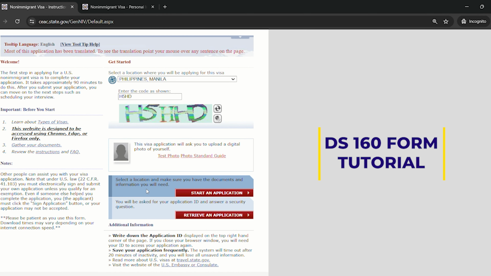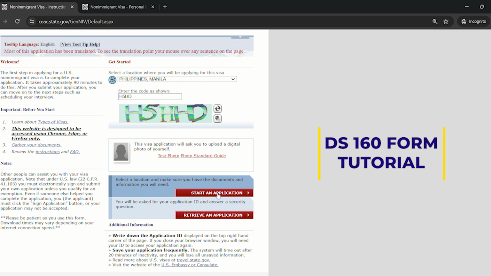Okay, after that, you're going to select either to click start an application or retrieve an application. You're going to click start an application if you are a first-time applicant for the DS-160. Click retrieve an application on the other hand if you already have an existing DS-160 form and you are just going to continue with the sign up.